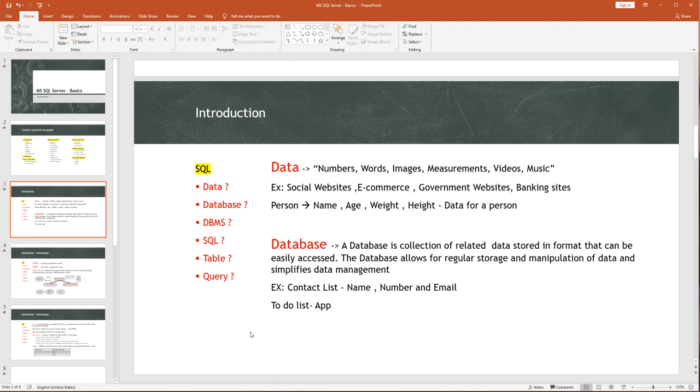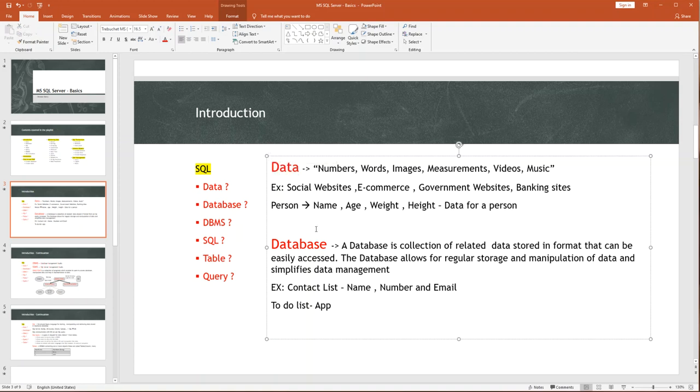We can get all the personal information or the behavior of the user, what all he's trying to achieve from the social media, like which post he's liking. So those kind of internal data can be secured from these social websites and e-commerce, government websites like banking, government websites, probably that Aadhaar linkage, those kind of information can be retrieved from these sites. Just to give an example, if you take Facebook, we'll get to know the person's name, age, so those are basic details, height, weight. These are like data of the persons. So those things all come under data.